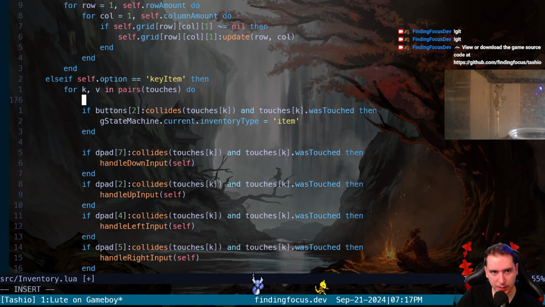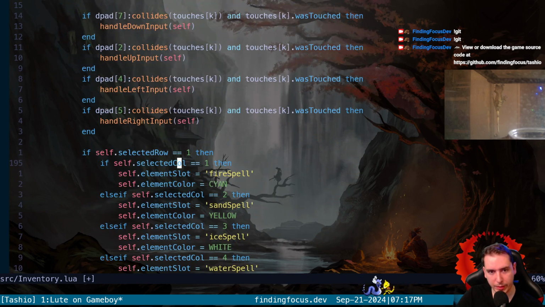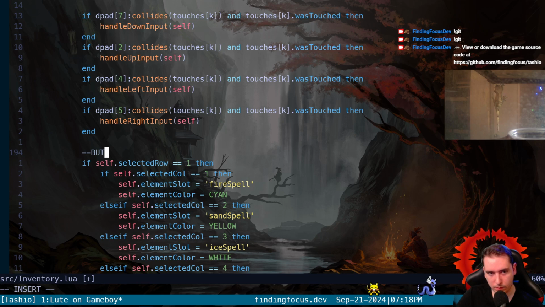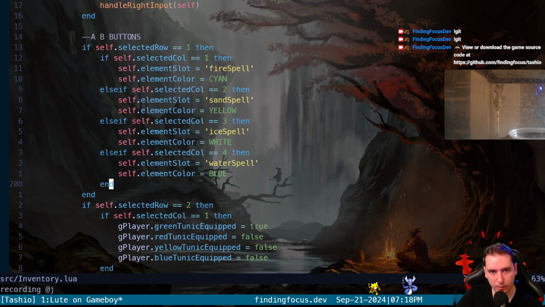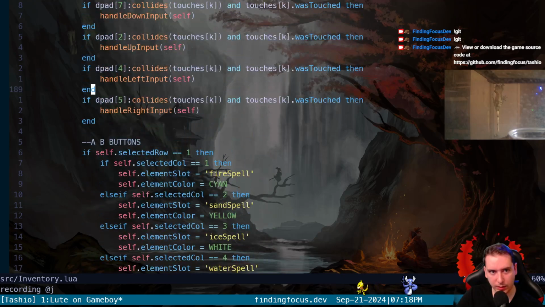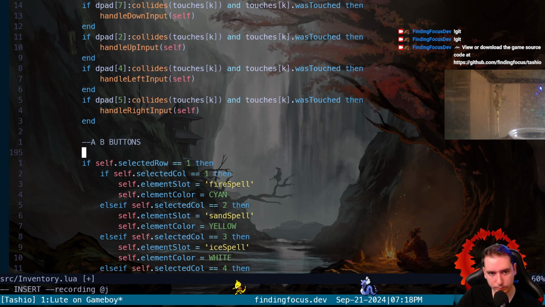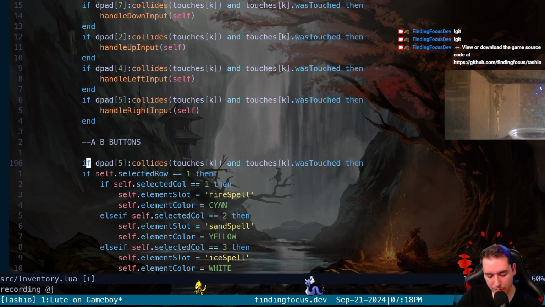Okay, so this would be our D-pad touch detection, and this would be our buttons, A-B buttons. Okay. So we have to check if we collide like this with our A button. So our A button is,